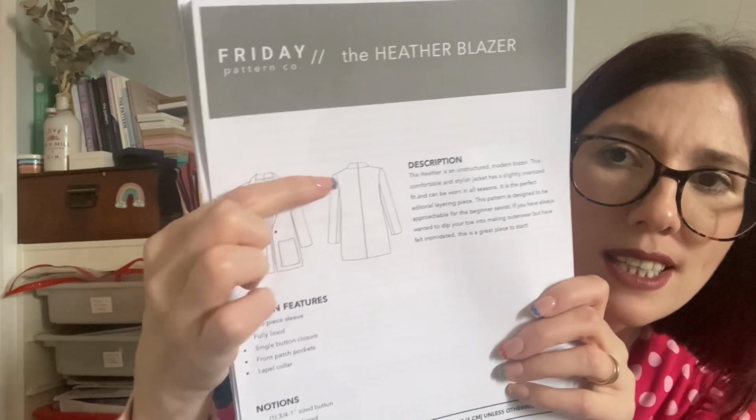These are the line drawings, and it describes the Heather as an unstructured modern blazer. This comfortable and stylish jacket has a slightly oversized fit and can be worn in all seasons. It's the perfect editorial layering piece. The pattern's designed to be approachable for a beginner sewist. If you've always wanted to dip your toe into making outerwear but have felt intimidated, this is a great place